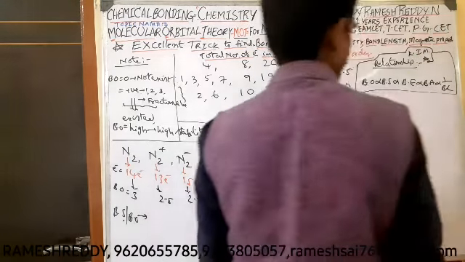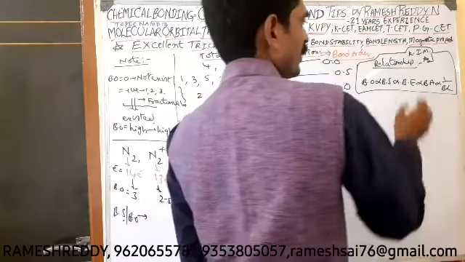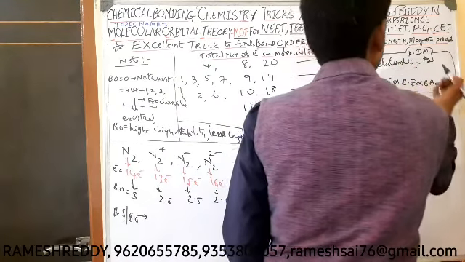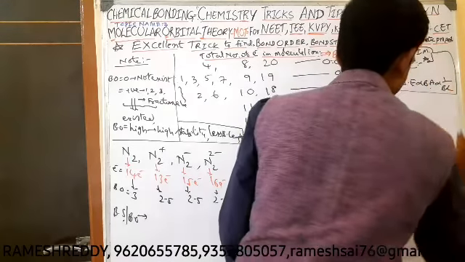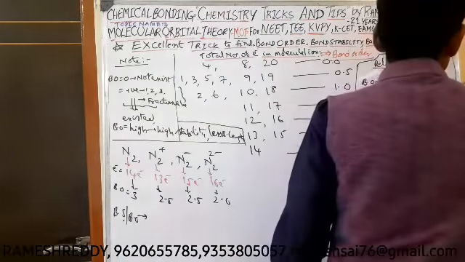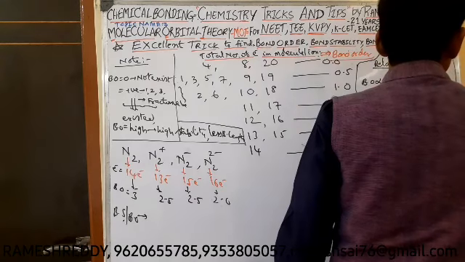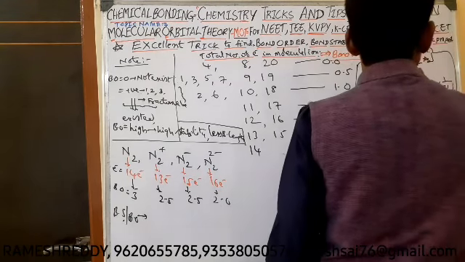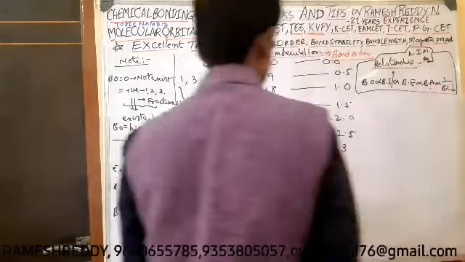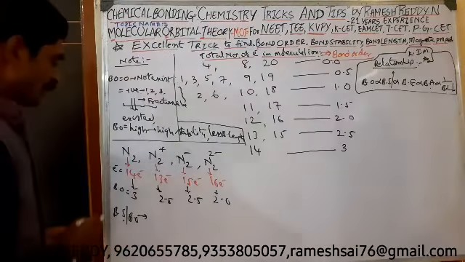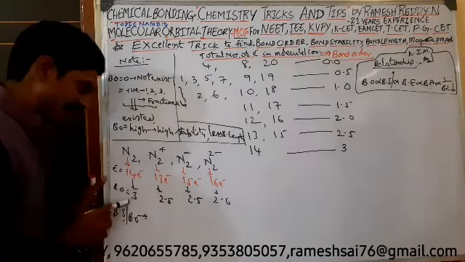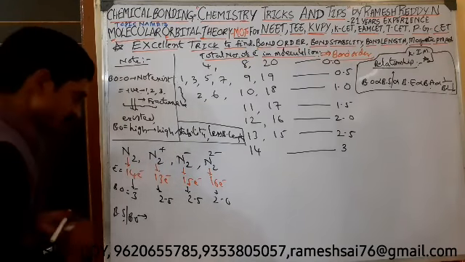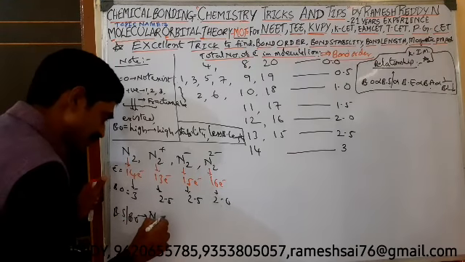If the molecule is more stable, then bond energy is more, bond order is more, bond angle is more, but bond length is less. If bond length is less, then the molecule is highly stable. Got it? Now here, among these, which one has the highest bond order? 3, that is N2. So the order is N2 is greater than